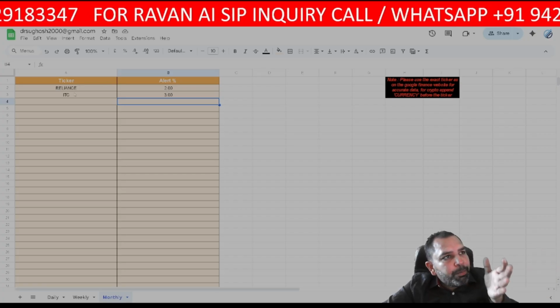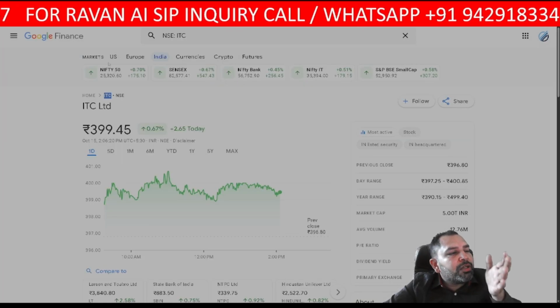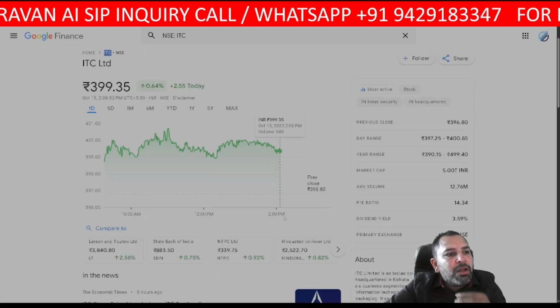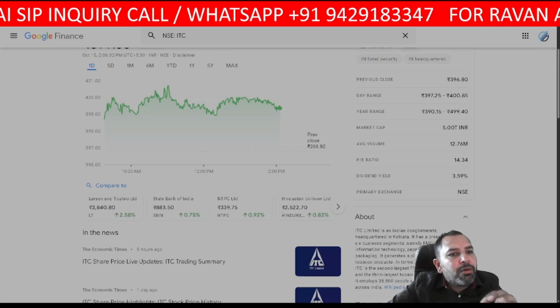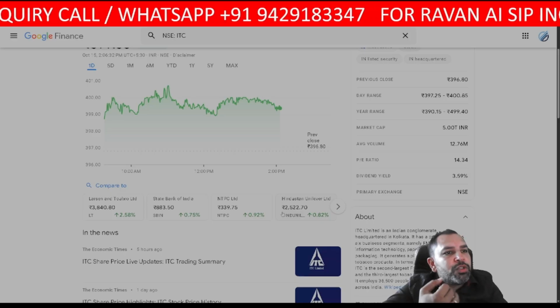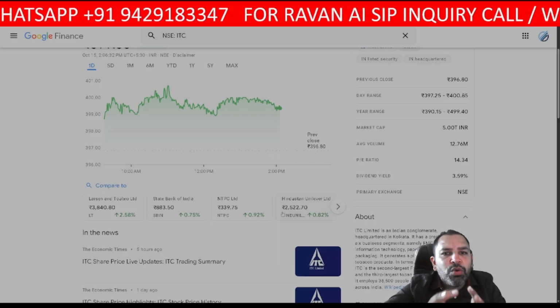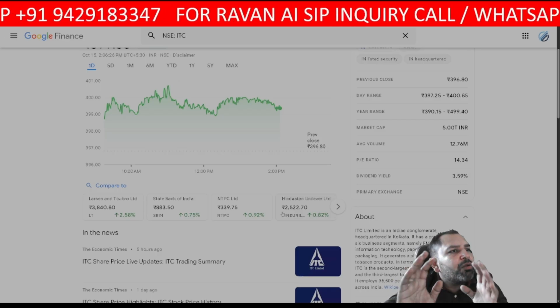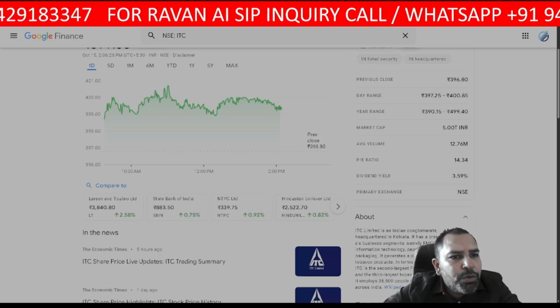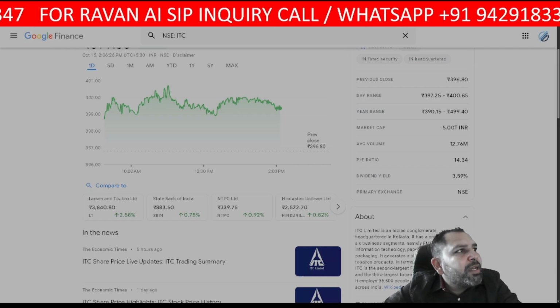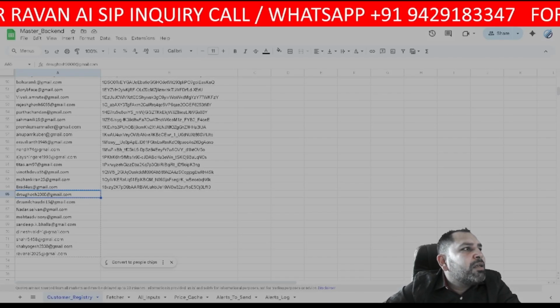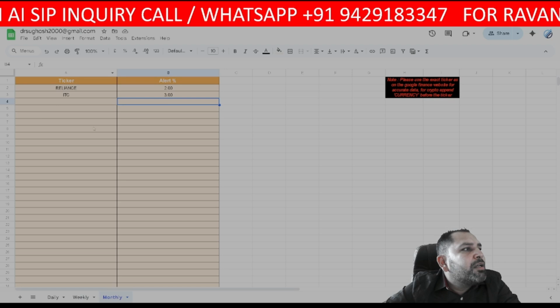So by this you can pick the ticker from the Google Finance sheet. Multiple tickers are available. There are lots of mutual funds, ETFs, stocks, commodities, whatever you search in this Google Finance, the ticker you'll be getting over here. I hope it's understood. So make the list of the tickers and add the tickers over here in the sheet.